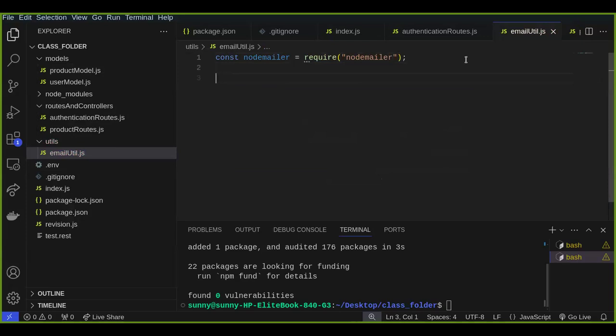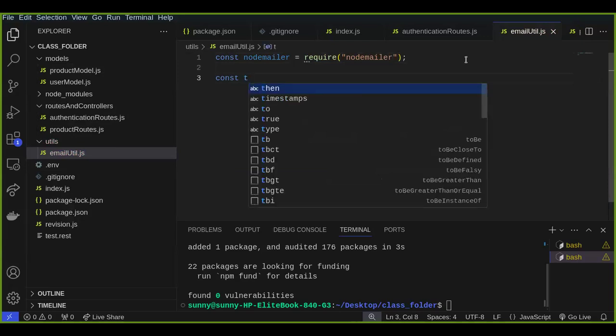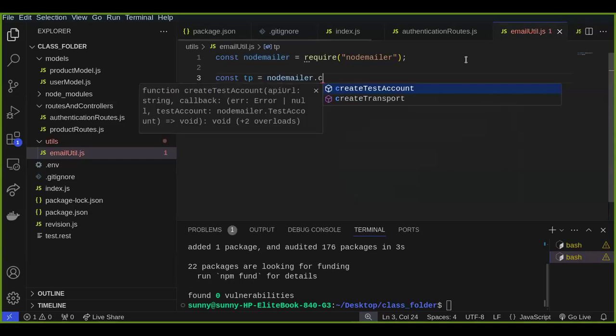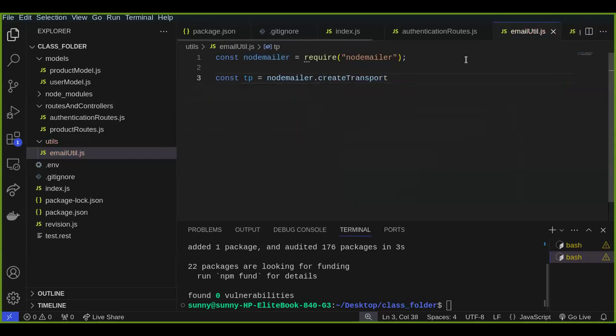Then here I would say const, we can call it transport or whatever you want to call it, you can call it tp, equal to. So now you create a transport layer. The transport layer is going to be used to authenticate you while you're trying to send email. So I'd say nodemailer.createTransport,